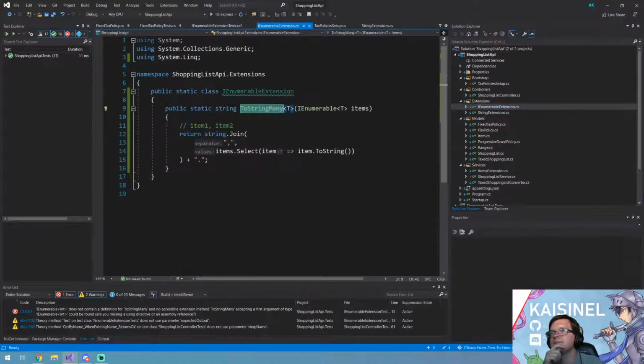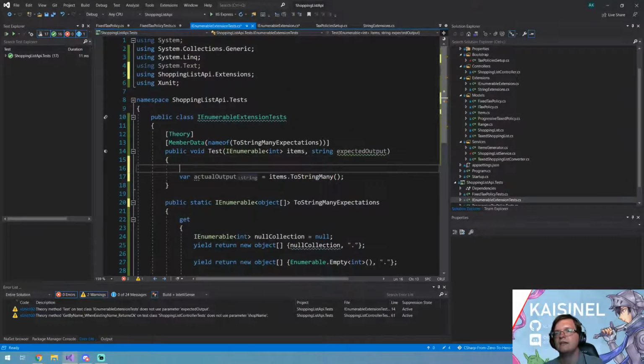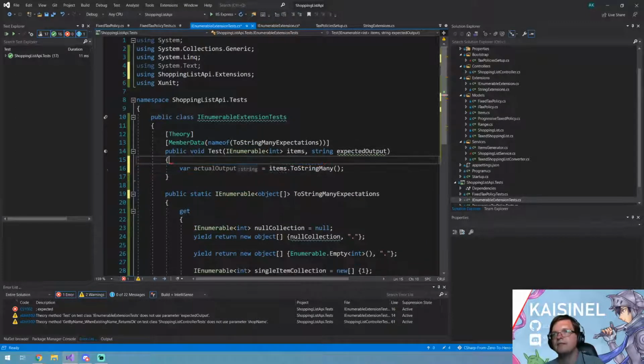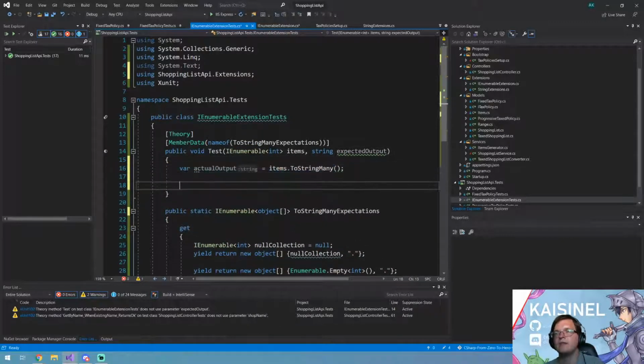That's a good point. So extension methods, they're not extension methods unless you add a this keyword. Without this keyword, it's just a static method and therefore needs to be called not so fluently. Without that this keyword, I would have called my function like this. But with it, I can simply call it like this. And thus, my assertion will be simply like